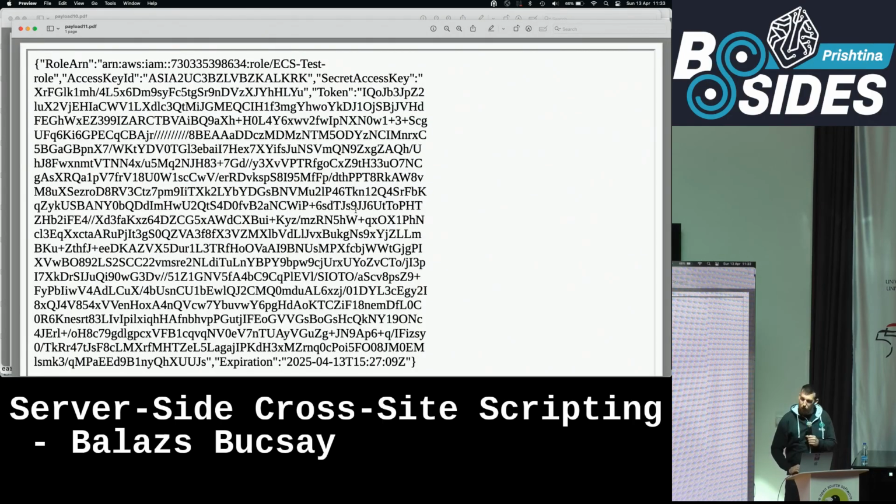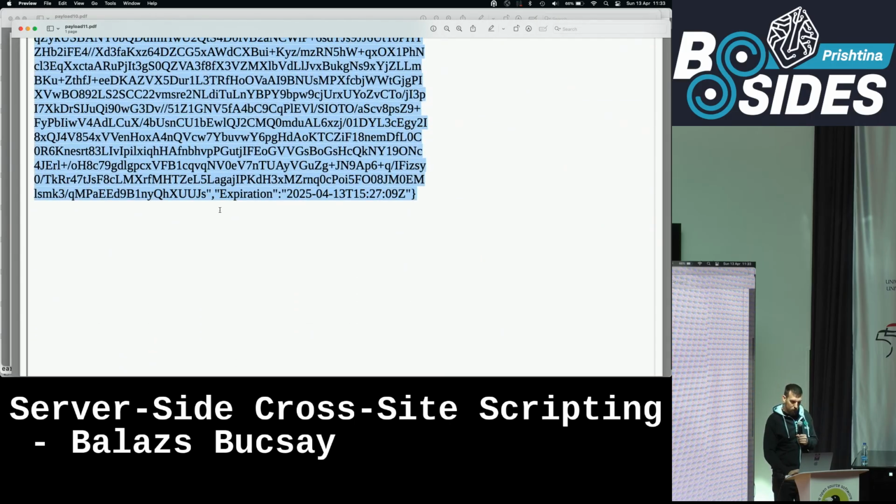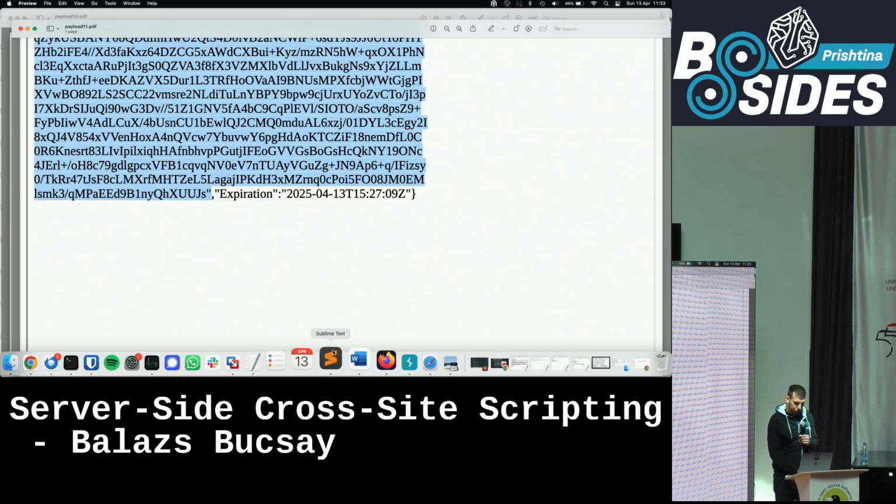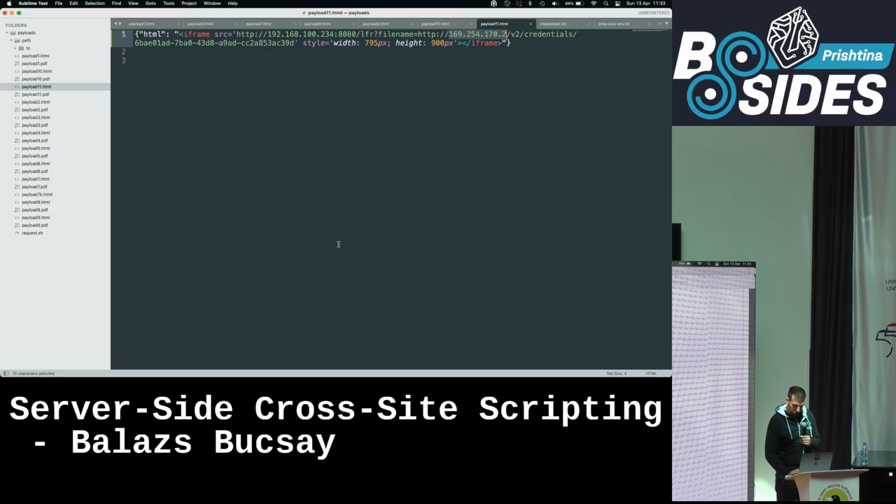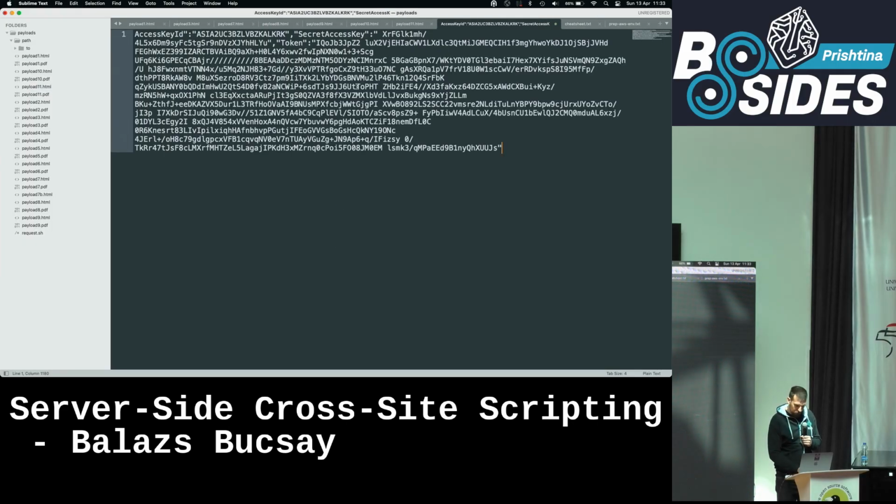And there you go. If you are familiar with this, basically this is what you get back from AWS if you're lucky. It has quite a few things. Let me just copy this. We need to format it.